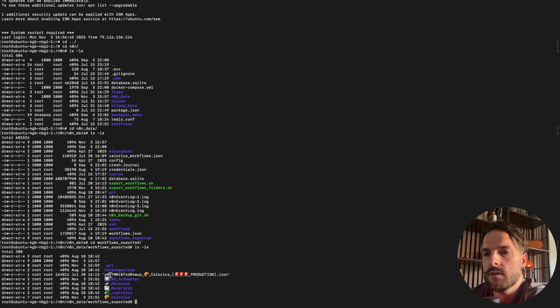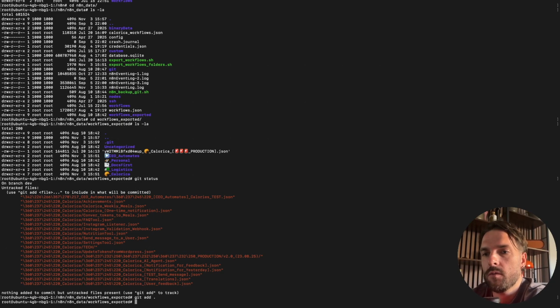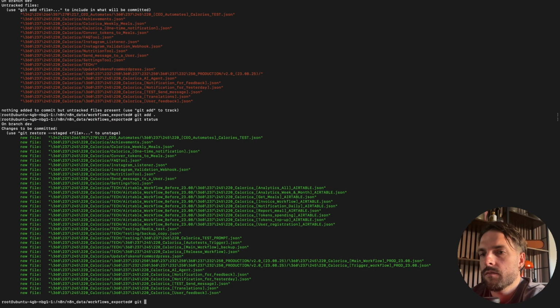So now we see our folders and all the workflows inside, and we see that there is a Git here. So we can run a command and see that there are some untracked files. So what we can do is simply add all of them and commit.